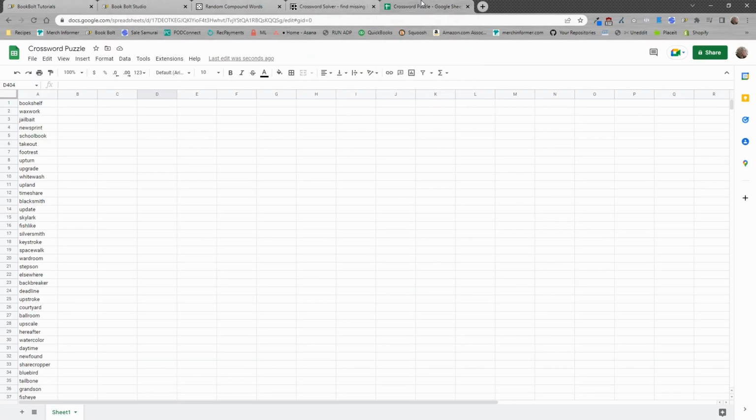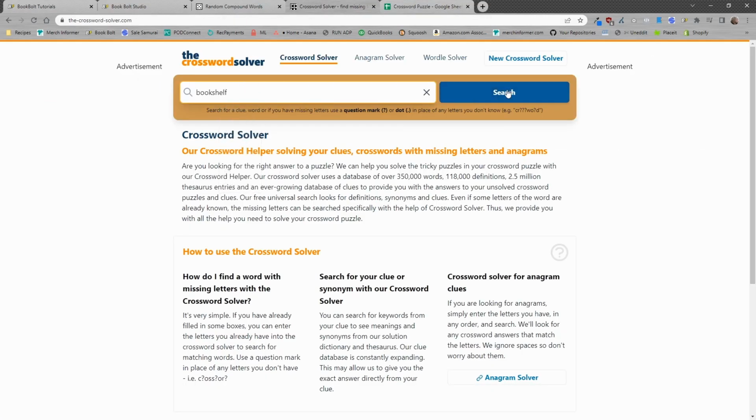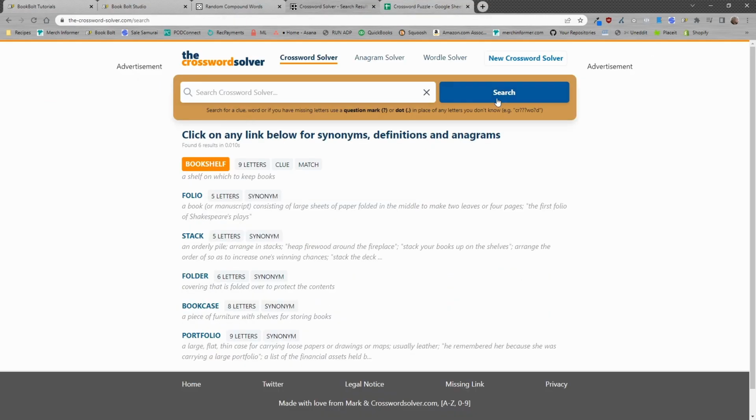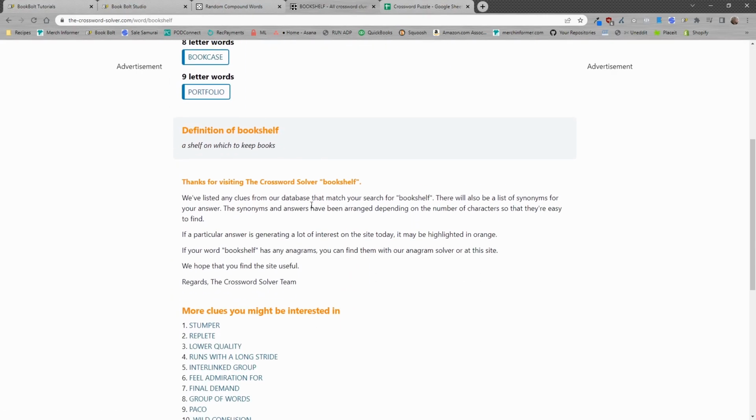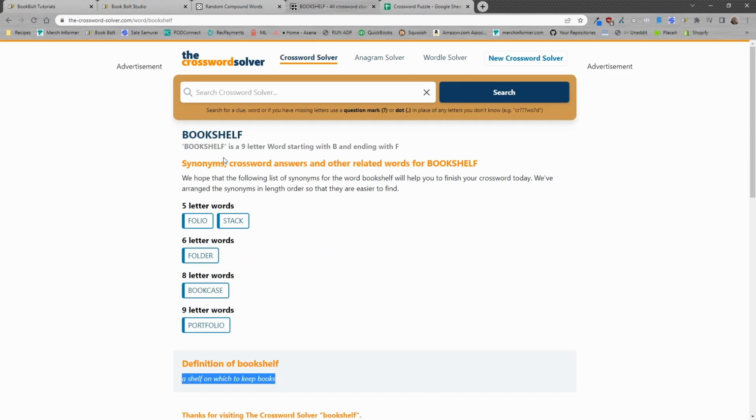So how would this work? I'd come over here, I'd copy bookshelf, I'd paste it into the crossword solver, I'd click on search, and you can see right here it is 9 letters and it does have a clue. If it has a clue, these are clickable. So we'll click on here, okay, and we will see the definition right here, and you can also see some other words. Now, if you are not liking the clues that it gives, you can simply add in your own,